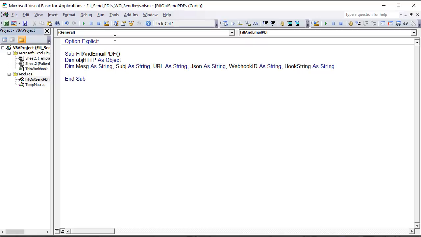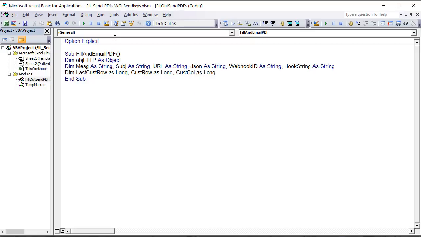Okay, we also need some long variables because I need to loop through the customer rows. So we're going to dimension the last customer row as long because I need to run an advanced filter. I need to know the last customer row. And then once we loop through those rows, the results we need to loop through. So we need to define the customer row as long because we're looping through it. And then also I need to know the customer column. Remember, we're going to loop through the customer column